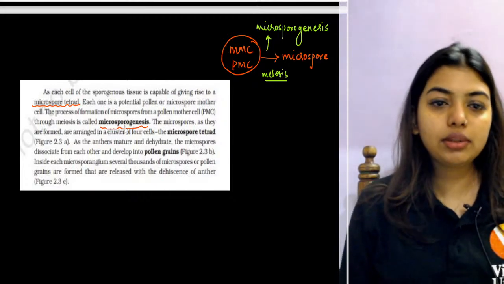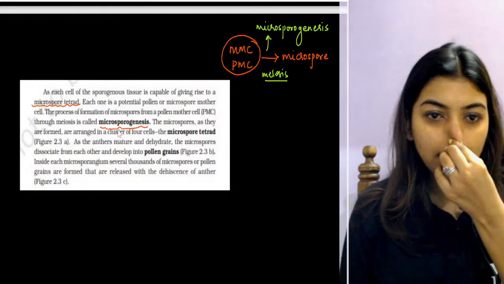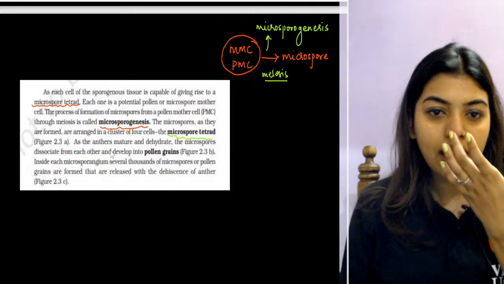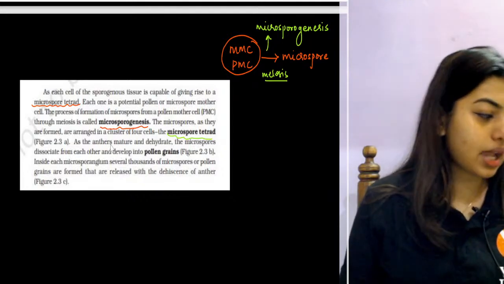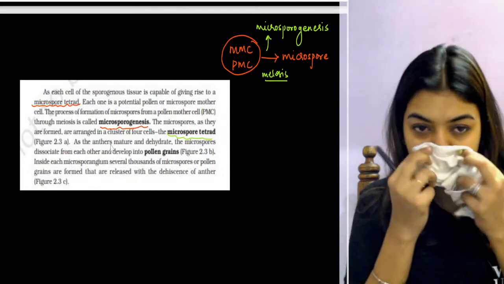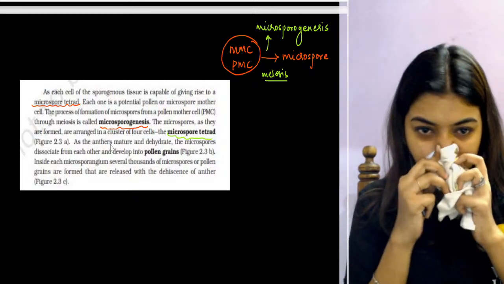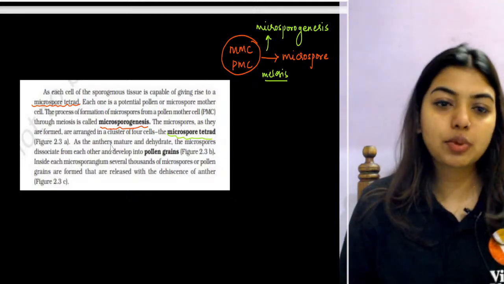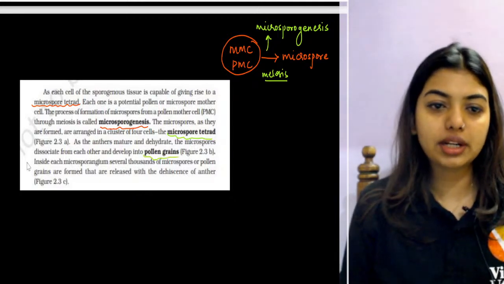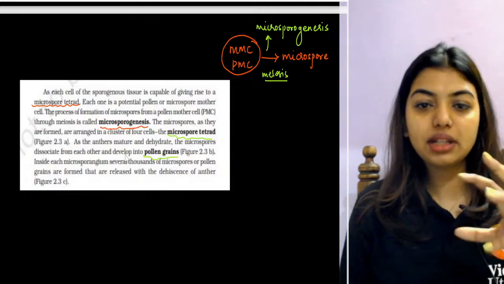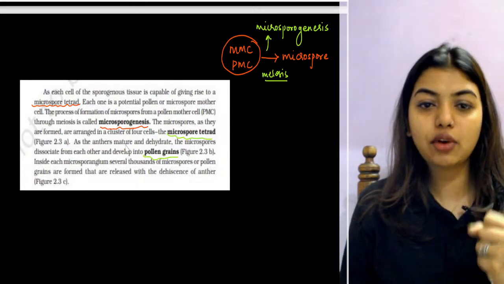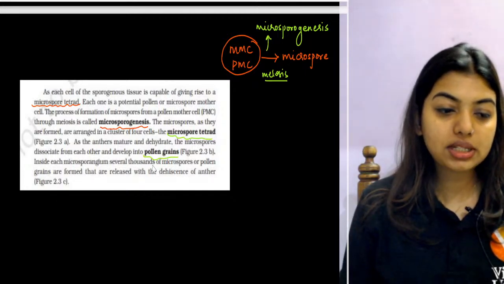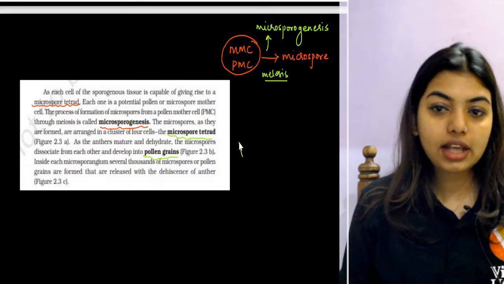Okay, fine. Now the microspores, as they are formed, are arranged in clusters of 4 cells. That is called a microspore tetrad, which I already told you. As the anther matures and dehydrates, the microspores dissociate from each other and develop into pollen grains. Inside each microsporangium, several thousands of microspores or pollen grains are formed that are released with dehiscence of the anther. So students, so much is being formed, right? Now all of that has to be